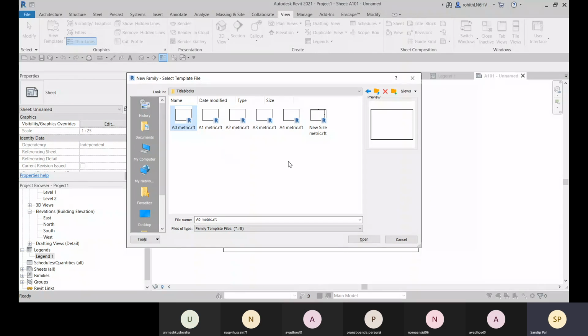This is the A0 size. Now, do you remember what the A0 size is? Guys, anyone? I have mentioned it in the AutoCAD classes. What is the A0 size? Be quick, guys. Hello, Pranab. So, what is the A0 size?